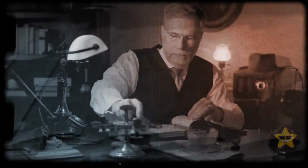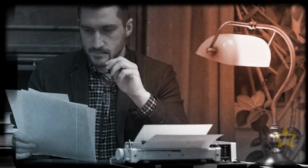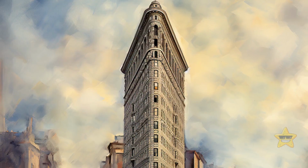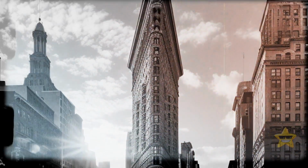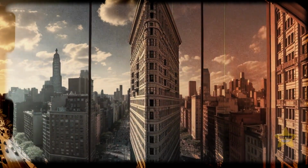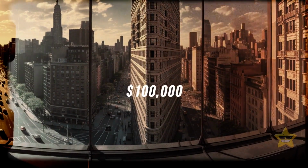But despite the naysayers over the years, the tower has been home to many companies and retail tenants. Also, the Flatiron attracted crowds of people. Gradually, it became a frequent sight in paintings and postcards, and turned into one of the most popular symbols of New York City itself. In 1929, during the Great Depression, the tower was sold at an auction for only $100,000,